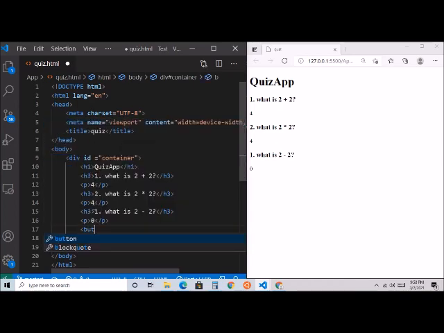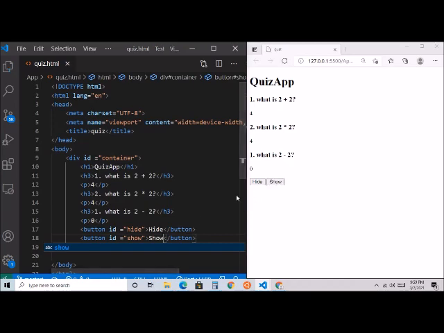So button, and I'll give id equal to hide, and now we give the name hide. So the value is hide. Let's copy, and now I'm going to paste here, and the id I'm going to change to show, and here I'm going to change the value to show. So I have the buttons and everything. Let's give some